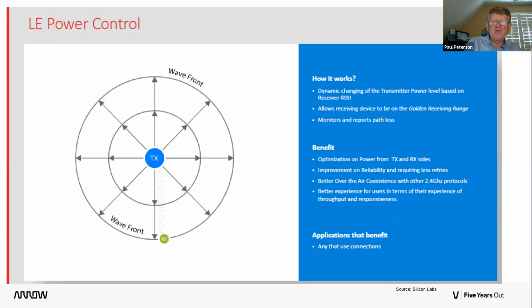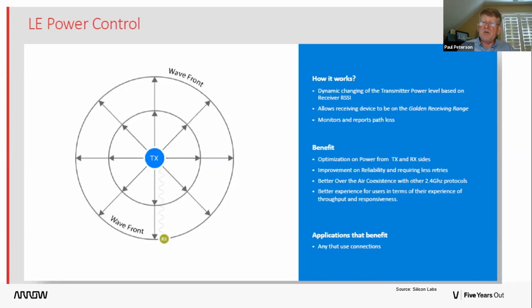Another thing that Bluetooth 5.2 added was something called LE power control. LE power control allows you to dynamically change the transmit power. Previously in Bluetooth low energy, it's like we would crank the amplifiers up until we got a good connection, and we would never adjust them once we were connected. This allows us to reduce the power when we have good range, so we can reduce the power that the transmitter is putting out into the atmosphere, if you will, and still maintain a good connection.